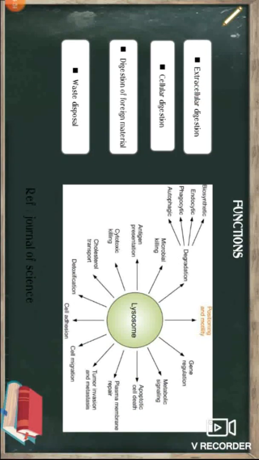There are many functions of the lysosomes. Amongst them, the main one is extracellular digestion. Extracellular digestion is a process which is reverse to the phagocytosis, and enzymes are liberated outside the cell. It occurs during the penetration of sperm in the ovum. Cellular digestion occurs either in pathological conditions or when the cell dies, and it is known as autolysis. Digestion of the foreign materials, that is engulfing or phagocytosis of the foreign bodies such as bacteria. Waste disposal, that is, it is also a cellular